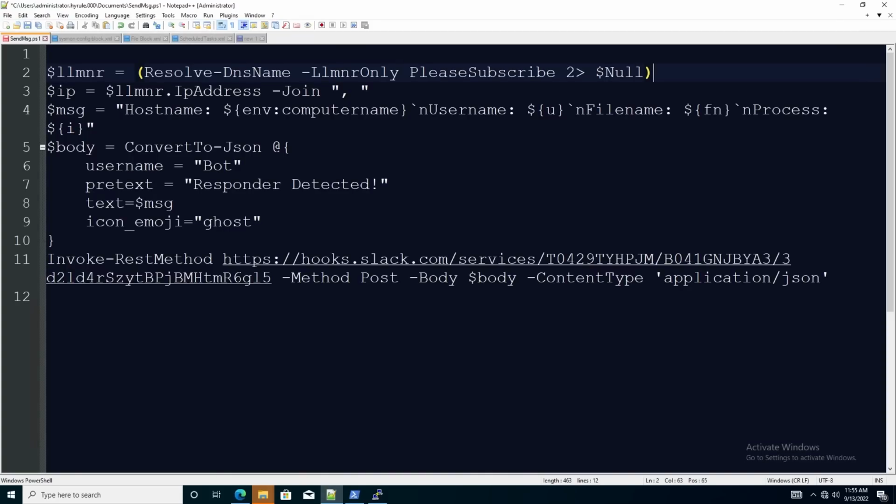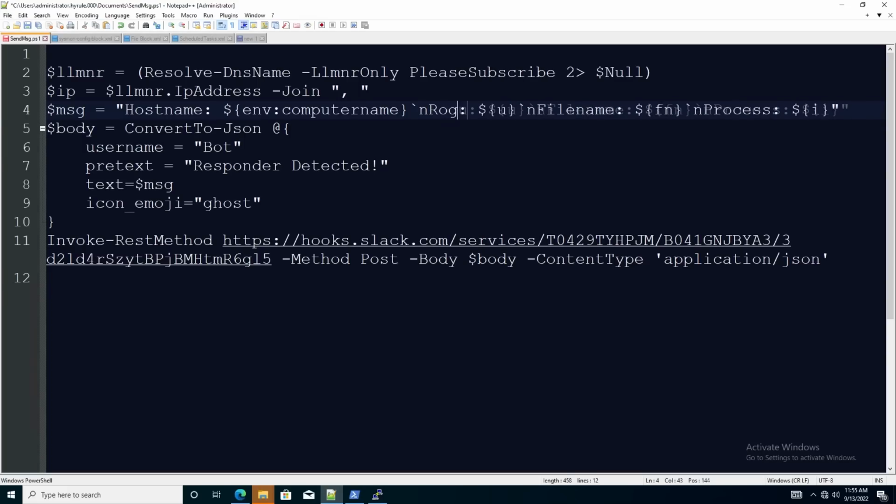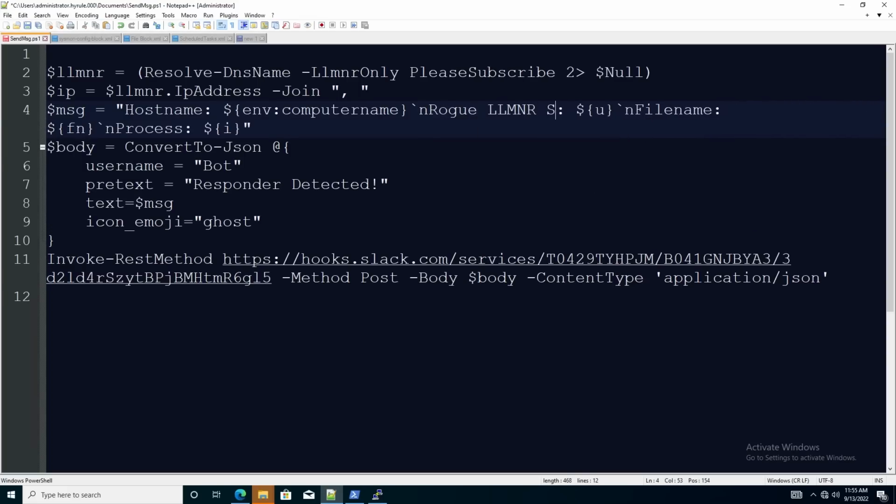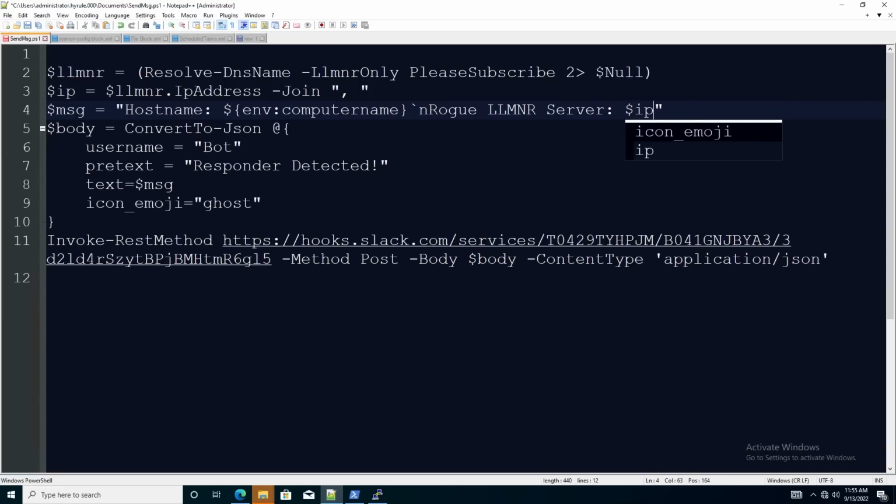So we pretty much have everything done once we add this. So we can say "rogue LLMNR server is at" IP. But the issue is this is always going to fire because we don't have any